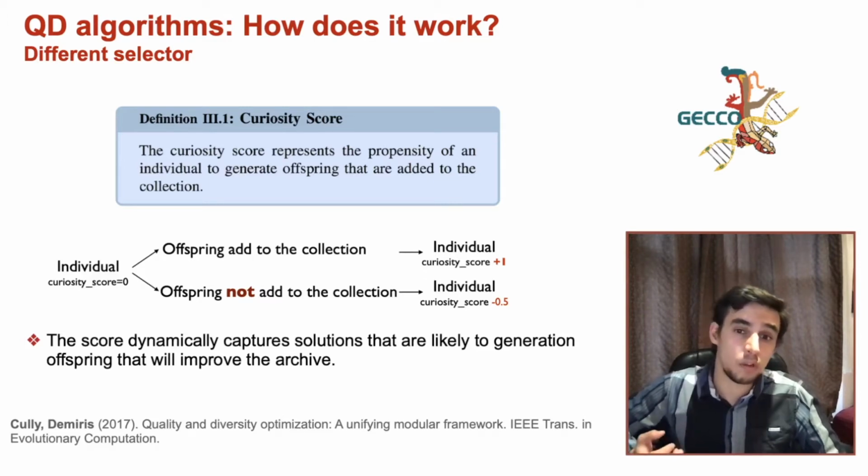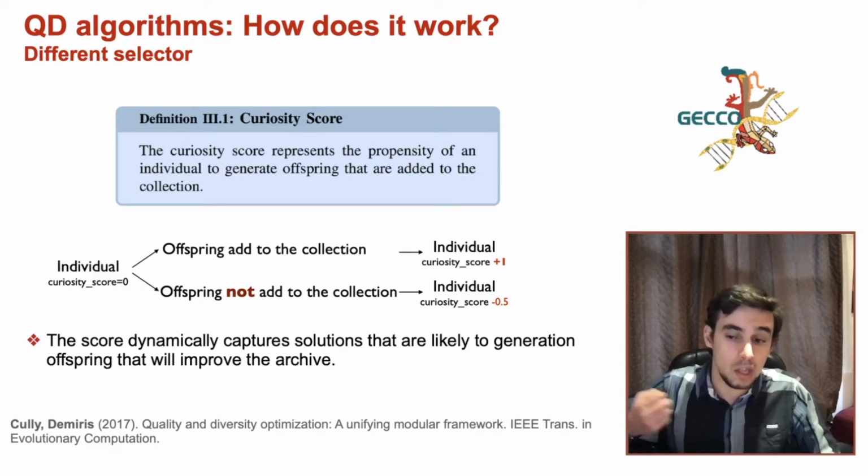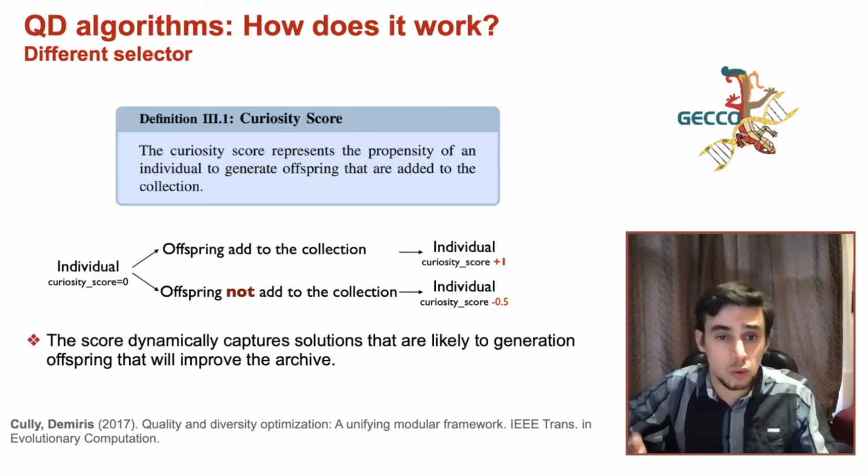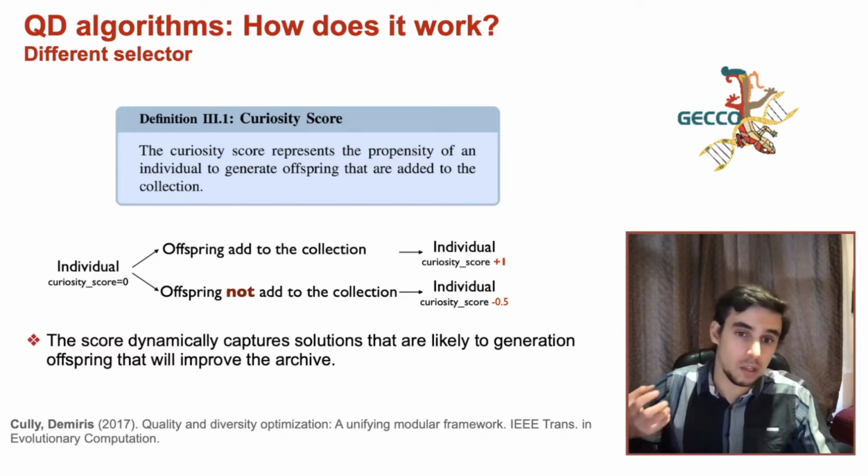Because at some point when, for instance, an individual lands in a completely new region of promising solutions, it's very likely that all its offspring will be added to the collection. And this will in turn increase the curiosity score, making this parent individual more likely to be selected, to generate more and more individuals until this new area becomes completely covered and full,